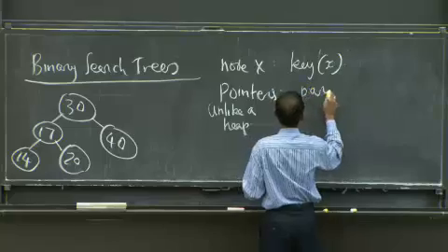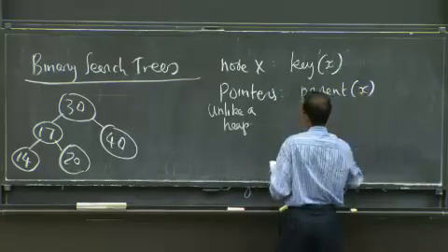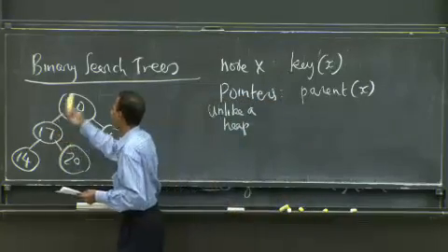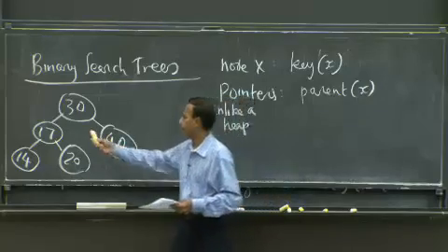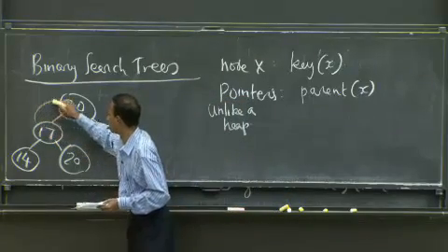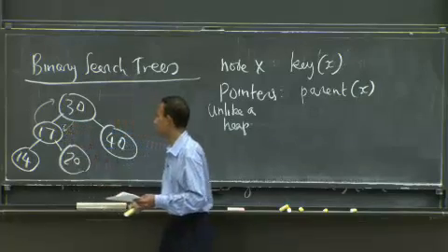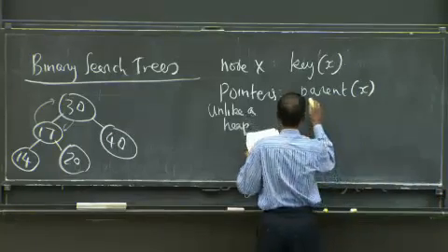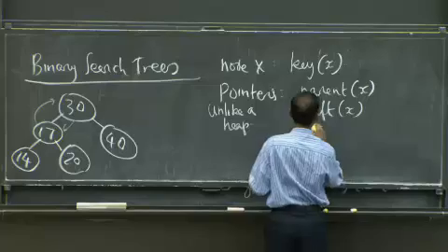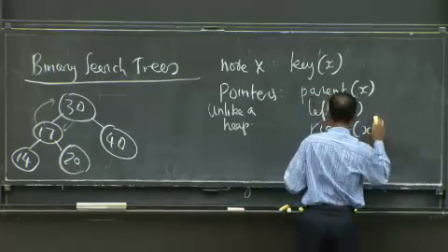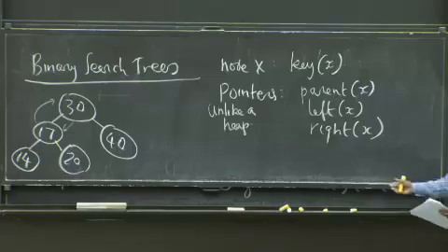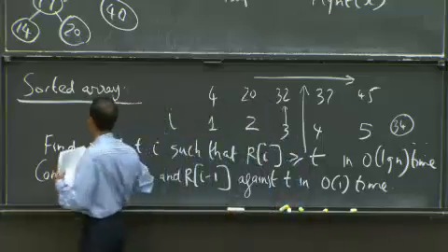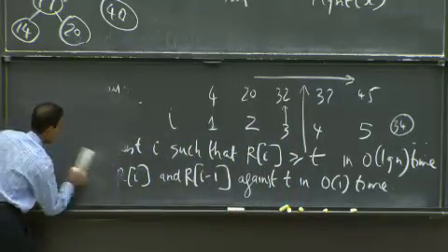And the pointers are parent of x. I haven't bothered showing the arrows here, because you could be going upwards or backwards. And you can imagine that you actually have a parent pointer that goes up this way, and you have a child pointer that goes this way. So there's really potentially 3 pointers for each node: the parent, the left child, and the right child. So pretty straightforward. That's the data structure in terms of what it needs to have so you can operate on it. And there's an invariant